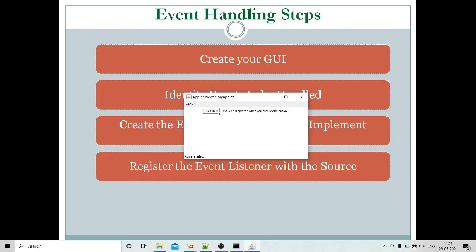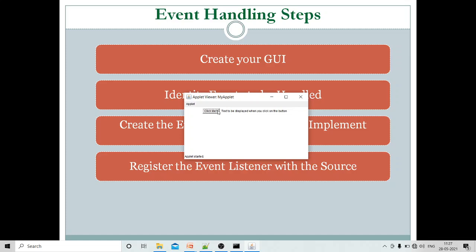We have studied about different event classes in the last session, right? Event classes are mouse event, action event, key event, window event, adjustment event, and so many event classes, right? But when you click on the button, the event which is generated is action event. We have seen in the description of action event.